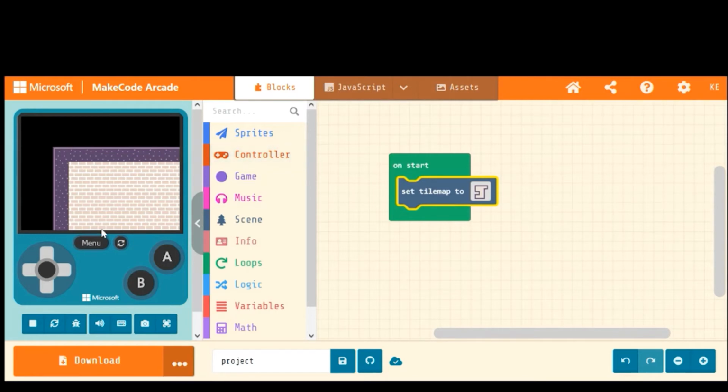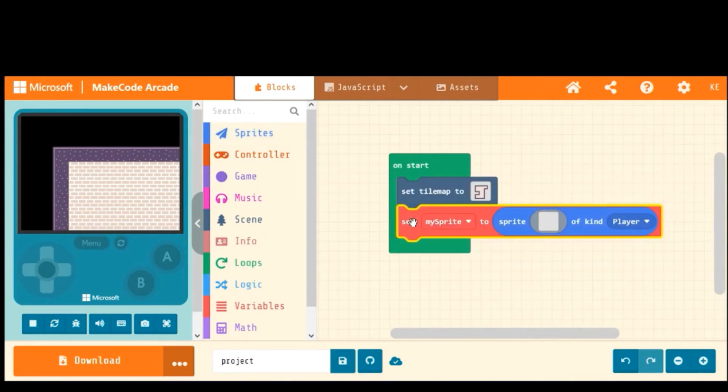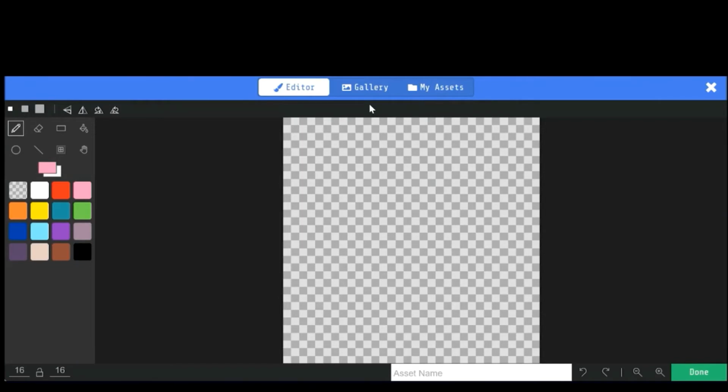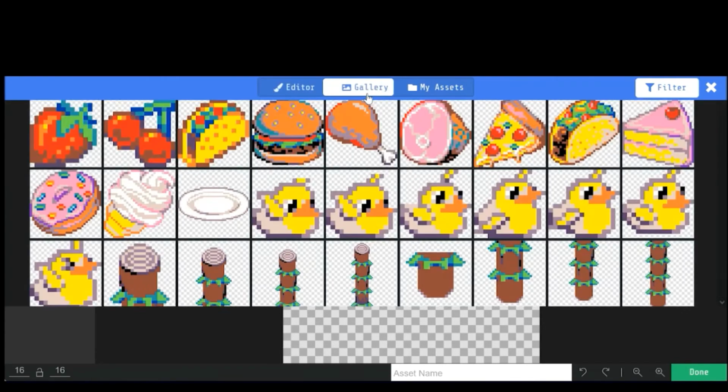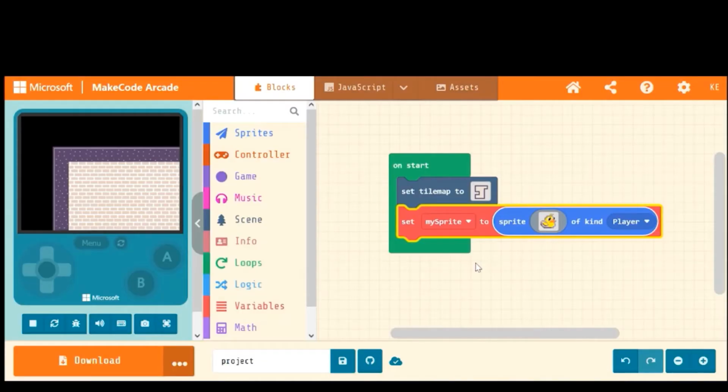So in order to be able to move around my room, I'm going to need a sprite. So I'm going to click sprites and use this block to set my sprite. So the good thing about MakeCode is that they have already a bunch of pre-made. So I'm going to click the gallery, click my duck because I like the duck character, and let it reset. And there's my character,